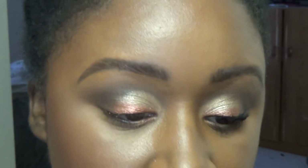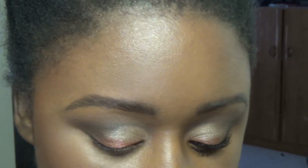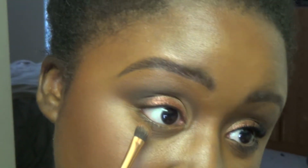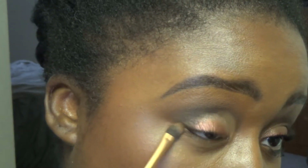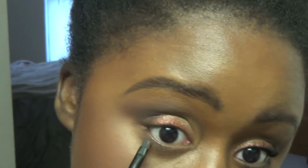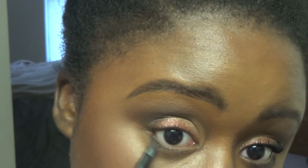I like the one I did with you guys on camera more than I like the other one. Alright, for my under eye, or for my lower lash line, I'm taking Dune on that same angled fluffy brush. With the tiny brush we used for our cut crease, I'm taking a little bit of that on that brush and laying this right up against the lower lashes